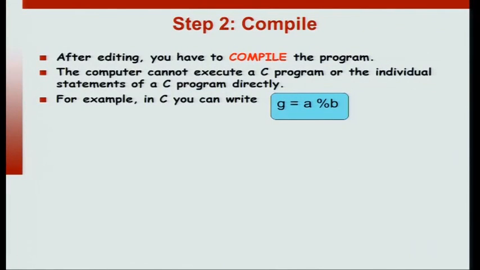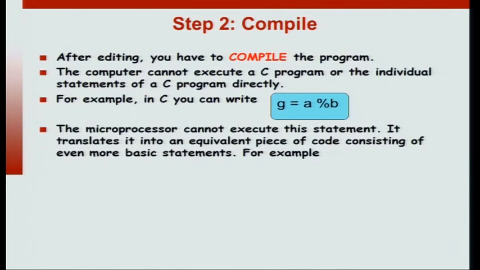For example, let's say that in C you can write G = A%B. The percentage operation stands for modulo. So this statement says that you take A modulo B and assign it to the variable G. Now, the processor in the computer cannot execute this statement because it does not understand the C programming language. So,